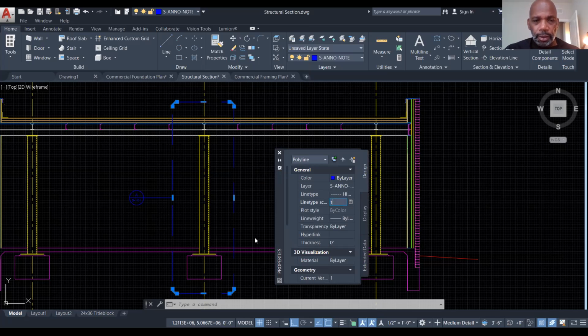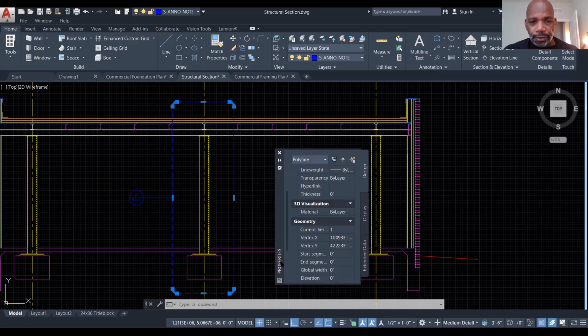Change it back to 1. See where it takes us. Okay, that's good. Let's change it to 2. Okay, let's change it to 3. Let's change it back to 2. Cool. And then the last thing we want to do with that, we want to change its width